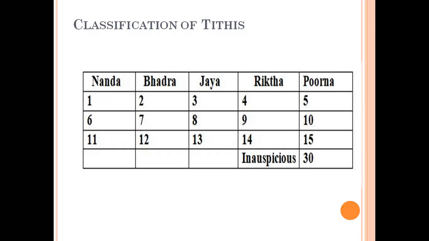Now, you just remember, Rikta tithi should always be avoided. Other tithis are okay, and at the end of the course, for major things like marriage and education, I will definitely mention which are the tithis. But as of now, what should be important in your mind is that Rikta tithi should be avoided. Then in the advanced level courses, we'll take all the 16 samskaras, and what should be taken and what should not be taken, we'll discuss. Fine. And you know, Nanda means happiness, Jaya means victory. Like that, the names themselves are self-explanatory.